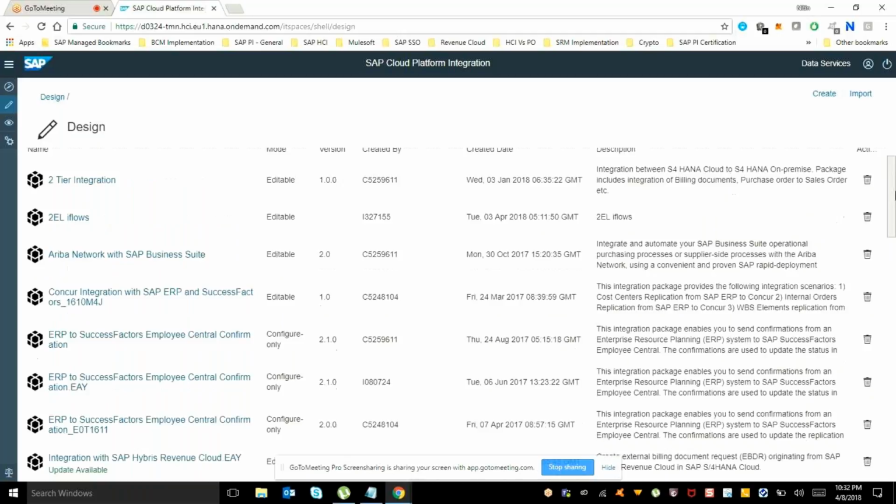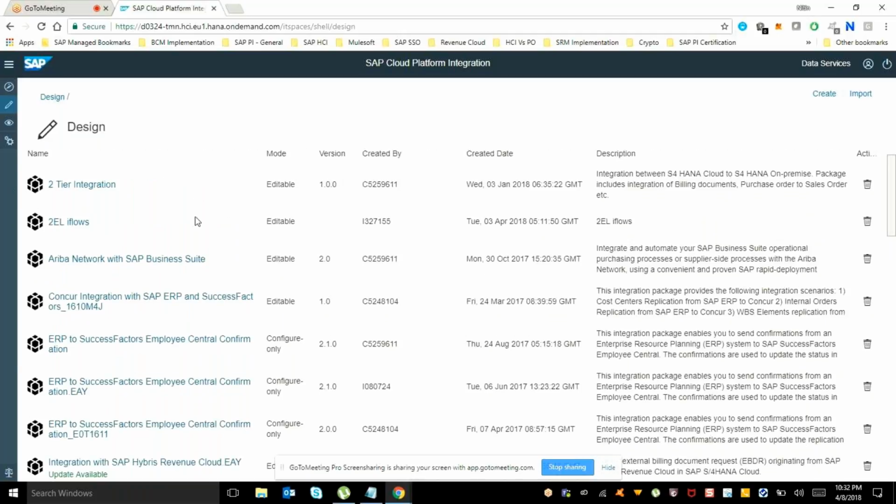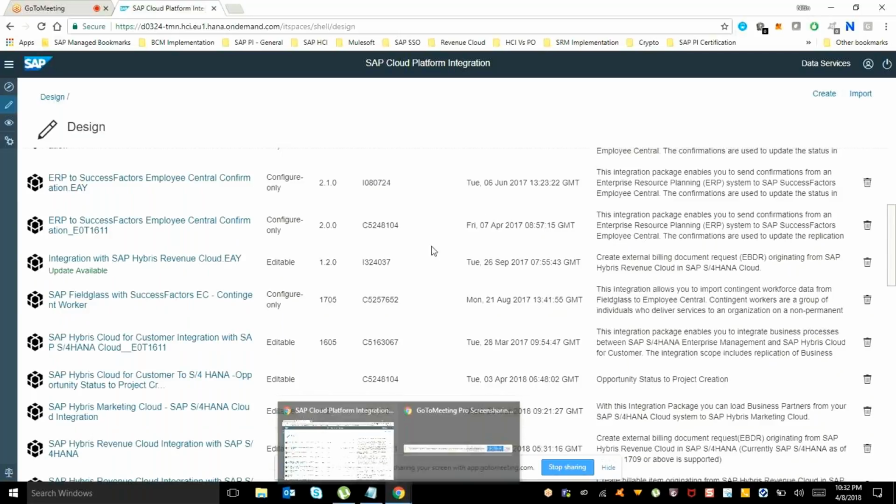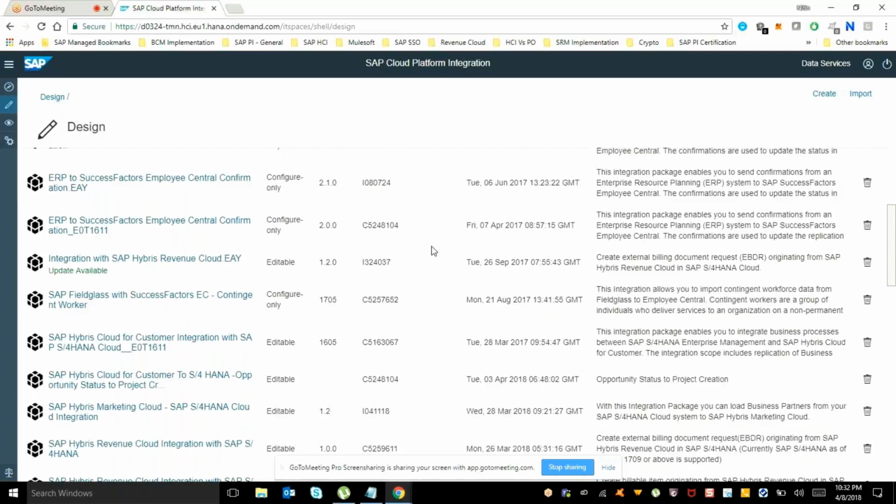Okay, thank you. But you said as a part of high availability you'll be having more than one tenant. So if one tenant goes down in production, you may be needing another one, right? Or a couple more. No. That is the tenant management node, which is managed internally by SAP. The license is just for a node. One for non-production, one for production.